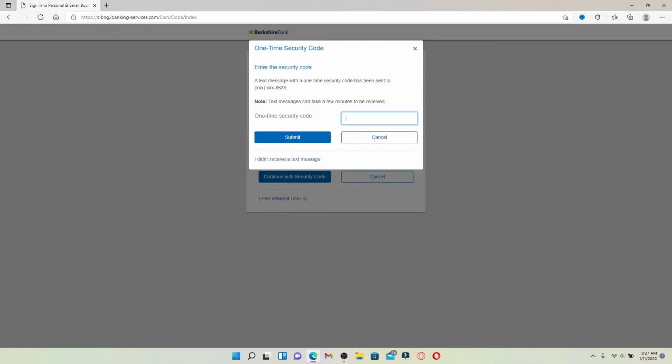On the next page, you'll be receiving a text message in the particular number with a one-time code. Simply type in the code that you received and click Submit. Soon after I hit Submit, you'll be able to get access to your Berkshire online banking account right away from